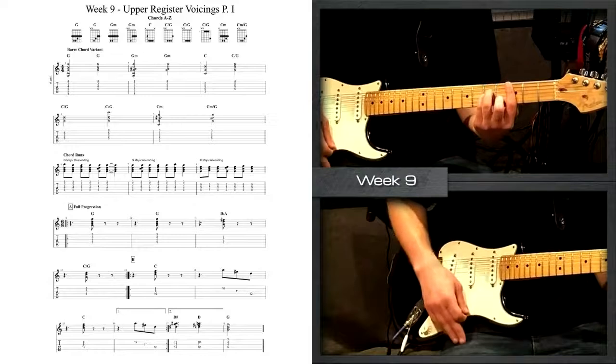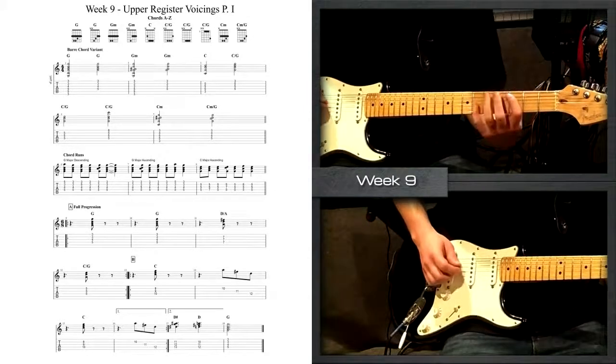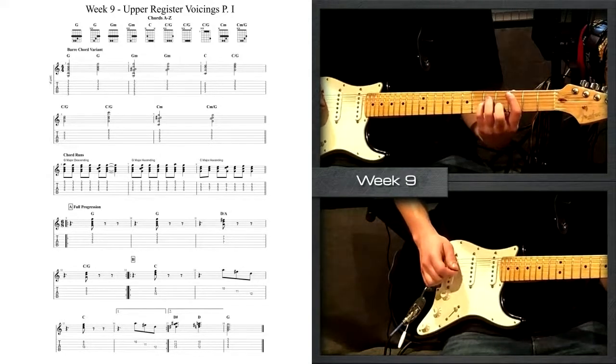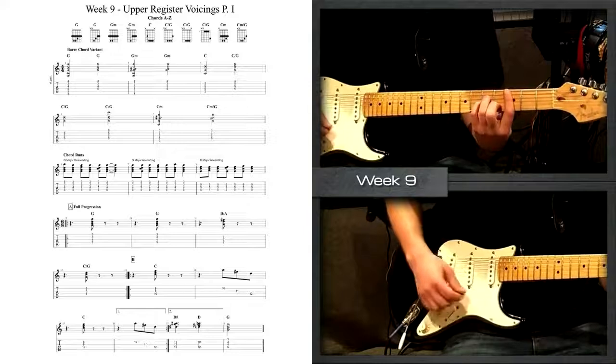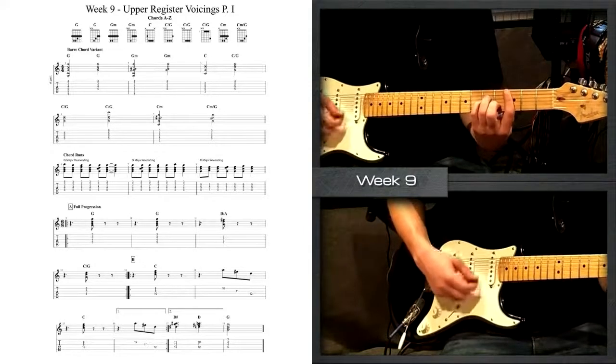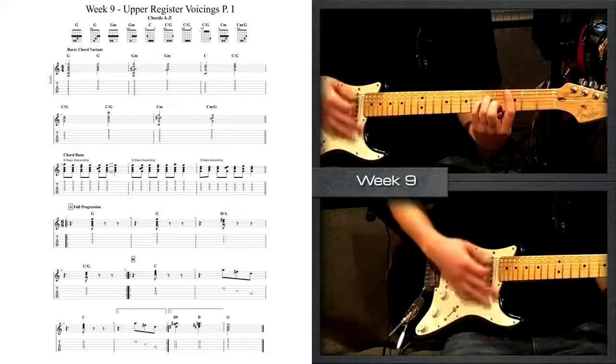So to play our standard minor chord voicing, I have my first finger here on the 3rd fret of the A string. I have my ring finger here on the 5th fret of the D. I have my pinky here on the 5th fret of the G. My first finger is playing the 4th fret of the B string, and then the high E string is also the 5th fret, and my first finger is barring that. So that was our standard C minor